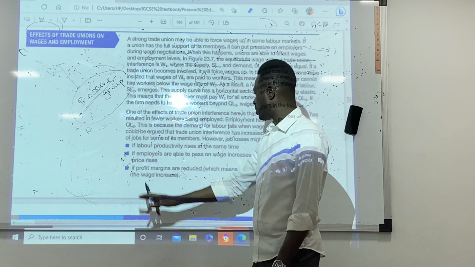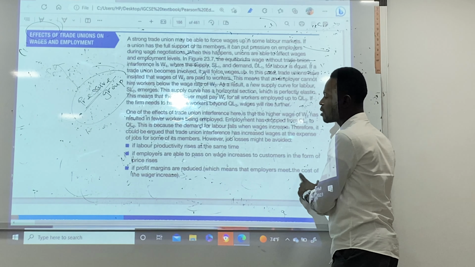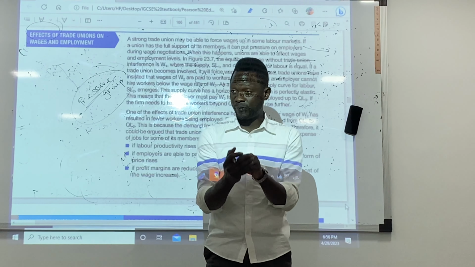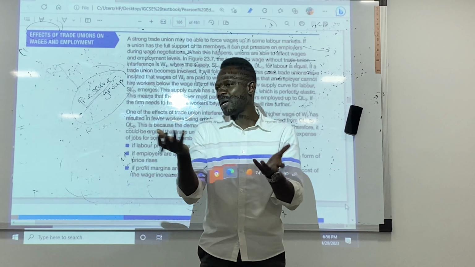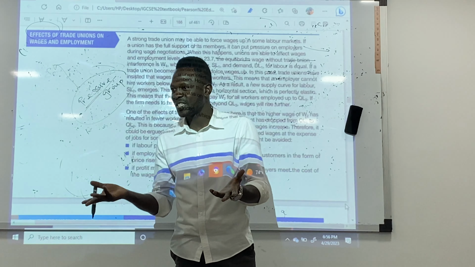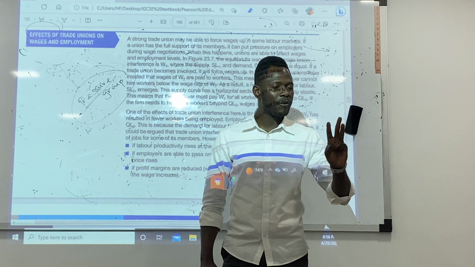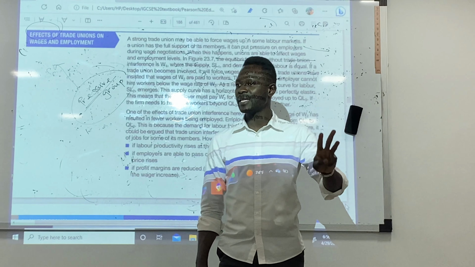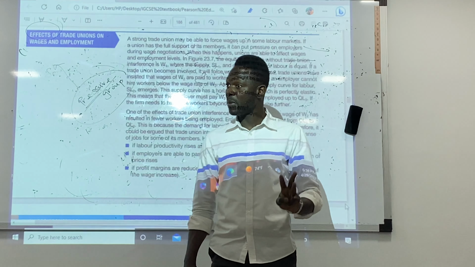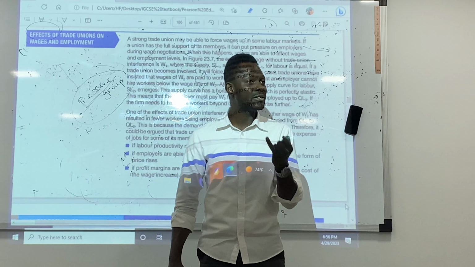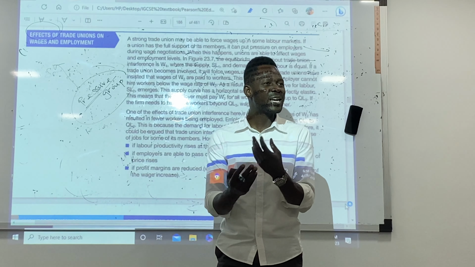The third one: if profit margins are reduced, which means that employers meet the cost of the wage increase. If you know as an employer that even if you pay them more, it does not affect your profits, you will pay them. Do you get the reasons why employers can accept negotiation of salary increases with trade union members? One, if labor productivity is increasing, then you have to pay more to your workers. Two, if you don't have,